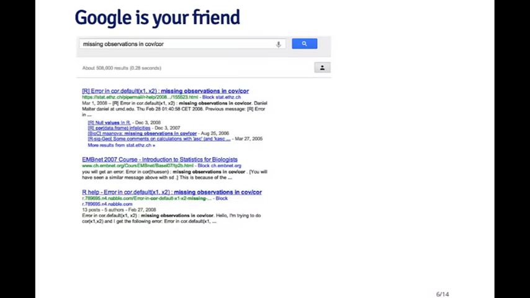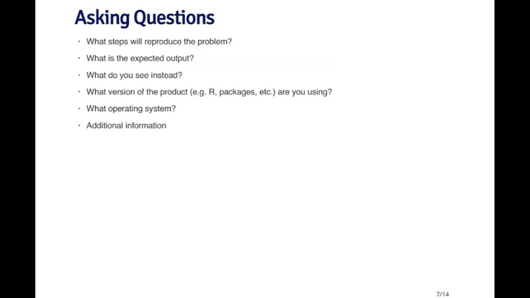And so the easiest thing to do is to take the error message that you get and literally cut and paste it into the search box for Google. When I search on that, I get a number of results. And particularly this third result looks very promising. It looks like someone asked this question on the R help mailing list, so maybe it's worth clicking on that to see if someone replied with the answer.